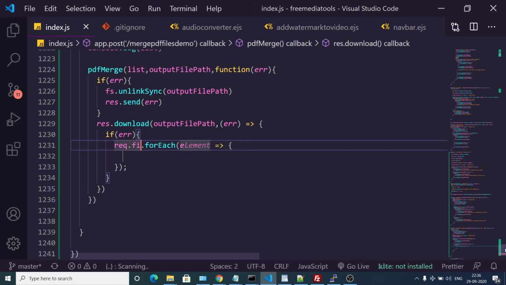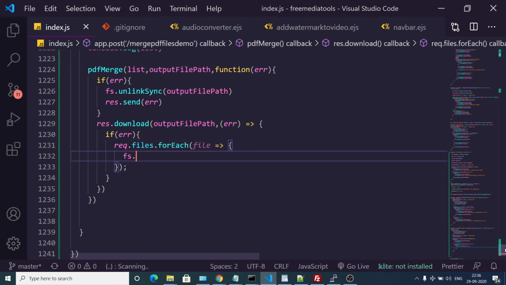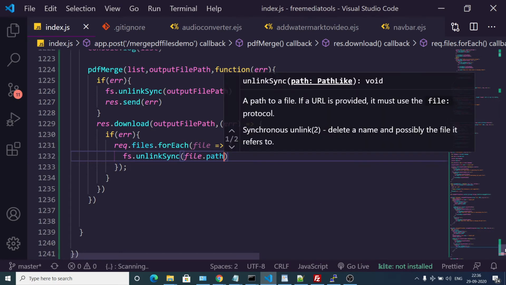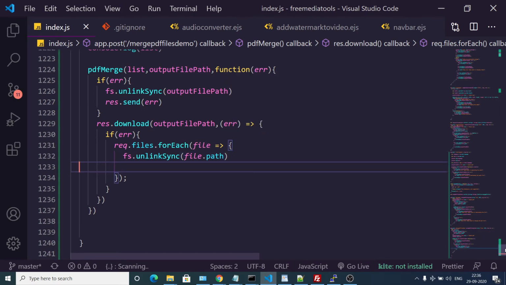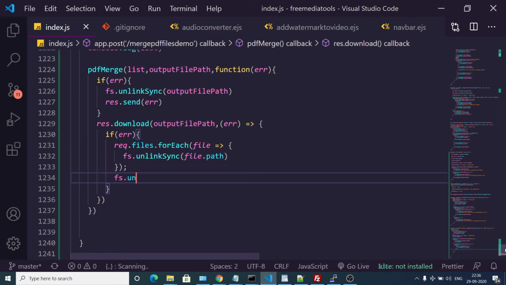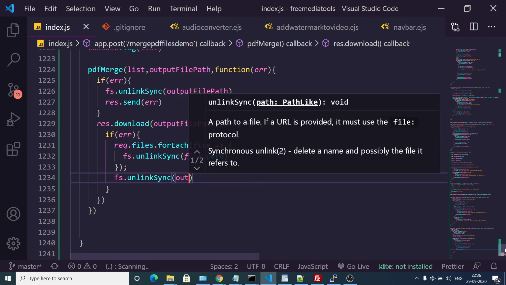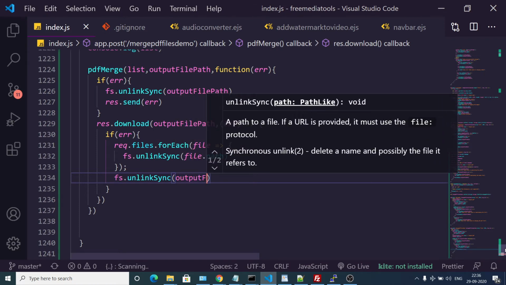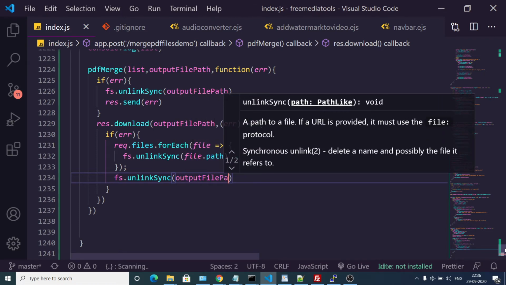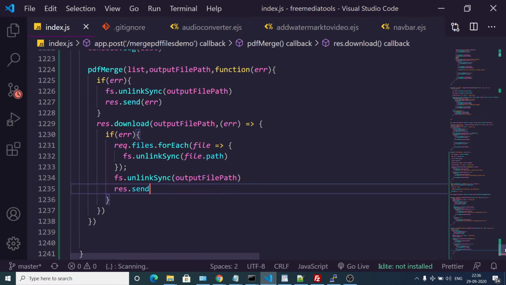This will be request files, and for each file we need to remove the file, which is fs.unlinkSync file.path, and also after this we also need to remove our output file.